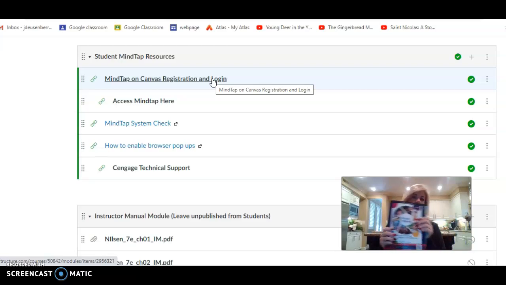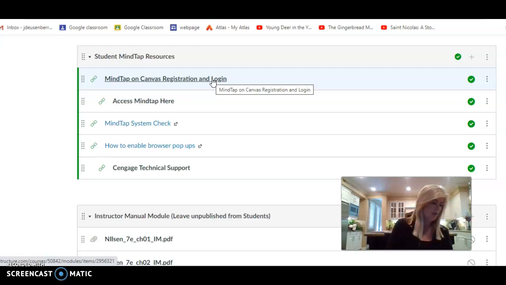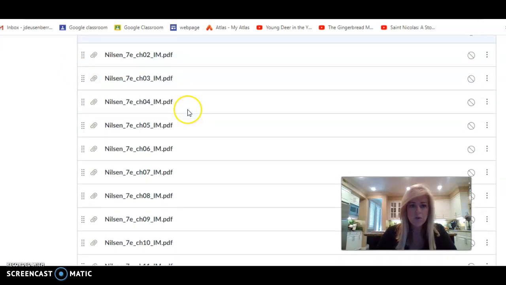If not, if you're like me and need something hard to highlight and so forth, you can buy the textbook. It is the 11th edition. So you want to make sure to get the 11th edition, and you can probably find it used in the bookstore as well or online through Amazon. So, going over Module 1,